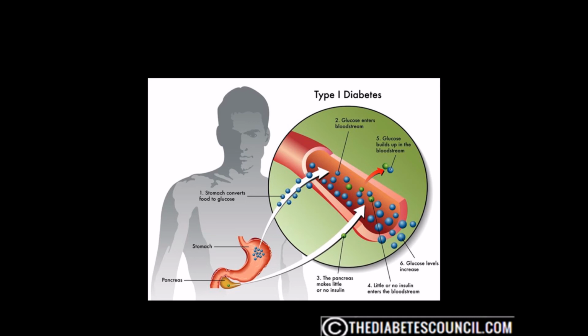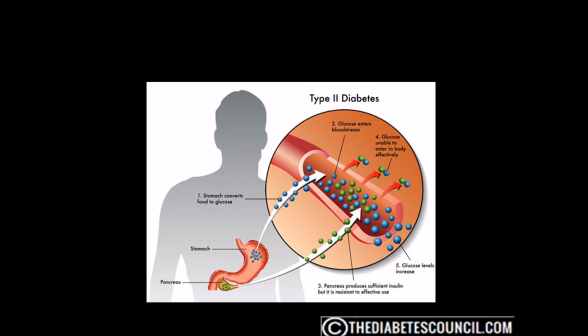Now, type 2 diabetes, according to WebMD, well, the body continues to produce insulin, although insulin production by the body may significantly decrease over time, but the pancreas produces either not enough or the body is unable to recognize insulin and use it properly. While there isn't enough insulin or the insulin is not used as it should be, glucose can't get into the body's cells to be used as energy. This glucose then builds up in the blood. Now, this condition was once known as adult onset or non-insulin dependent diabetes. It is more common in adults, and type 2 increasingly affects children as childhood obesity increases.